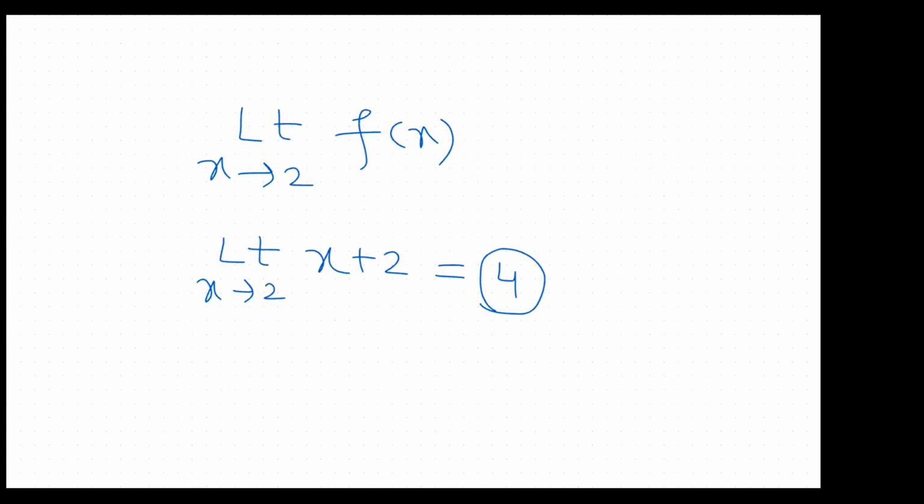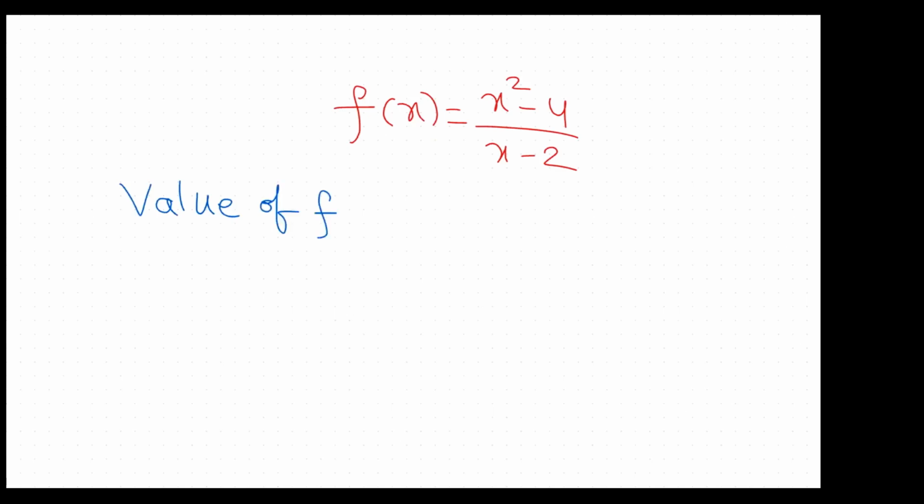Limit x tends to 2 of f of x, meaning is what? We are calculating the value of f of x in the neighborhood of 2. How to calculate that value? We can directly substitute the point in the function. Okay. Issue will come